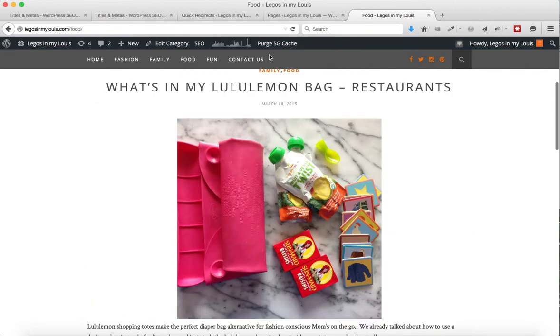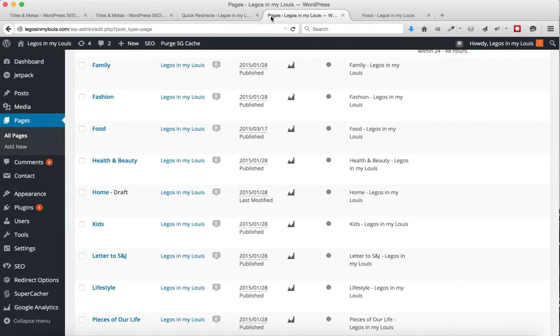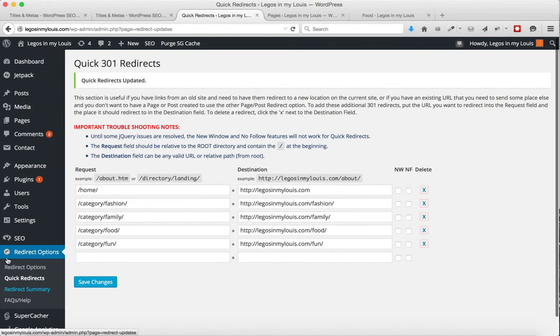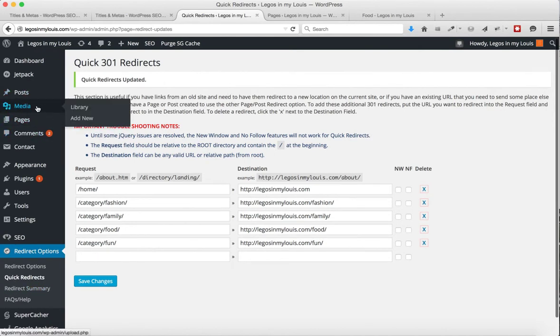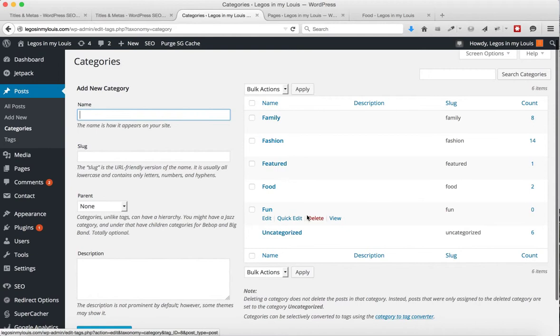Cool. And so yeah, food is nice and clean there and awesome. And if we go to, from here, let me expand this menu, sorry for that. And we go to post categories. Here's the categories she has set up, and we can see there's no post in fun, so it really shouldn't